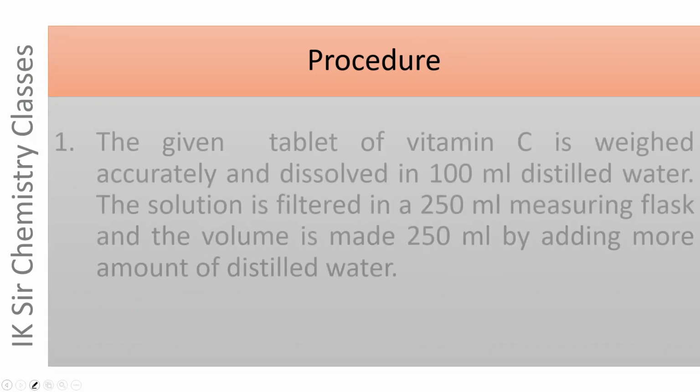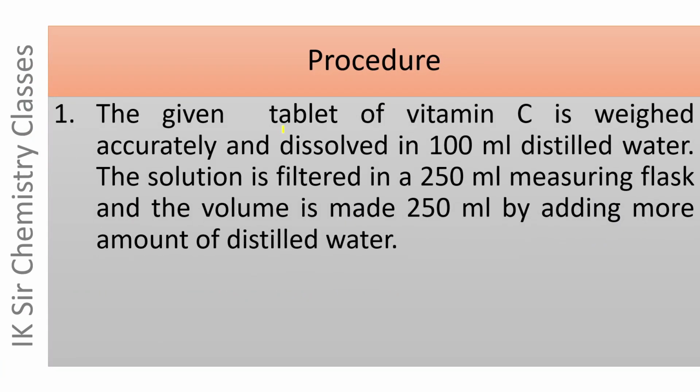Procedure: The given tablet of vitamin C is weighed accurately and dissolved in 100 ml distilled water. The solution is filtered into a 250 ml measuring flask and the volume is made up to 250 ml by adding more distilled water. Thus, 1 tablet of vitamin C, which has been weighed accurately, has been dissolved to get an aqueous solution